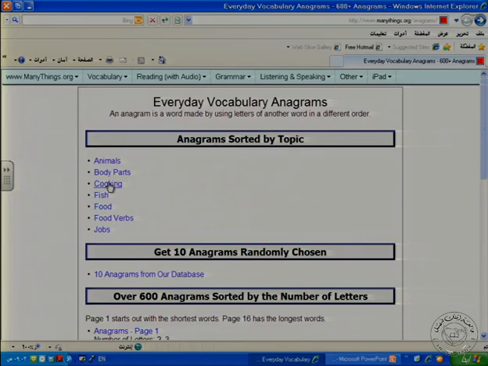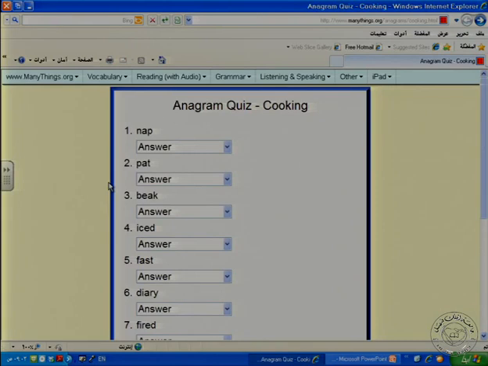We can go for cooking, for example. Nab. The answer is pan. All of these words are related to cooking, so you need to know the correct order of letters. Here we have pat, tap,